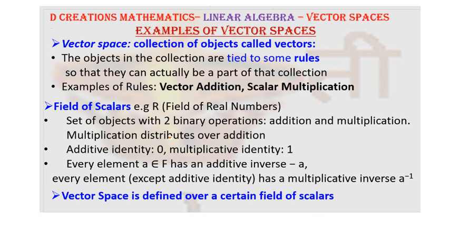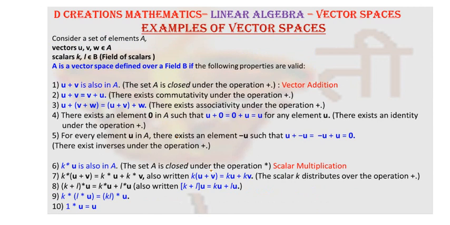Now we mentioned that there are some rules. So again we have a detailed video talking about the set of rules which involve, of course, addition, scalar multiplication, also the rules of commutativity, associativity, existence of zero vector, existence of, for example, for u belonging to V, there has to be an element minus u such that when you add these two, you get the zero vector.